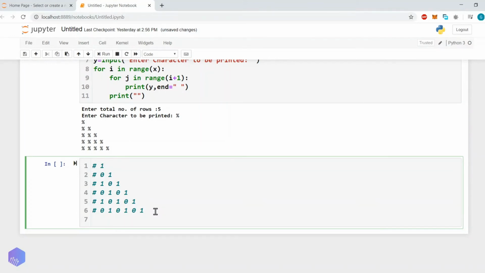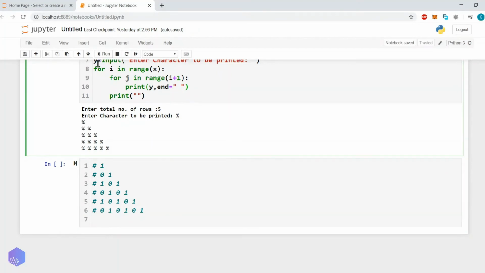So this same thing we will use here. We were not using the value of i and j, so this same loop we will use here. But what we will do, instead of printing the same character, here we will print the modulo of j. Here, if we start with this, let's have an execution so you can have a better idea.